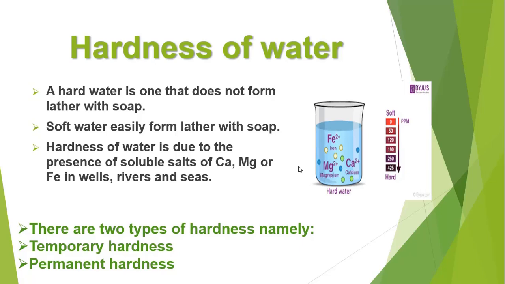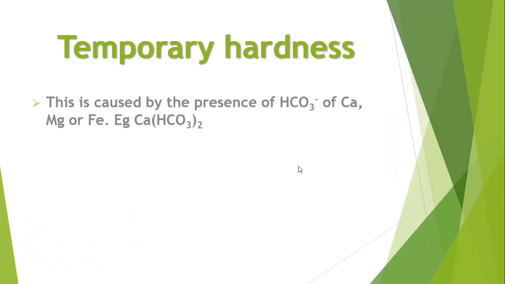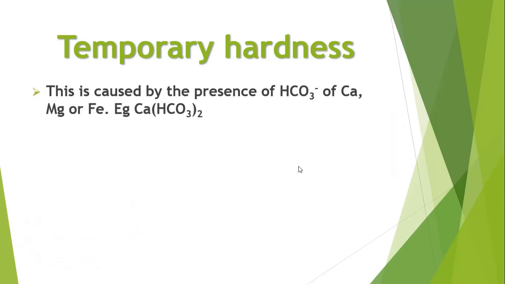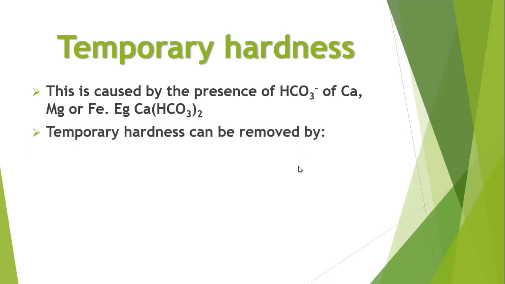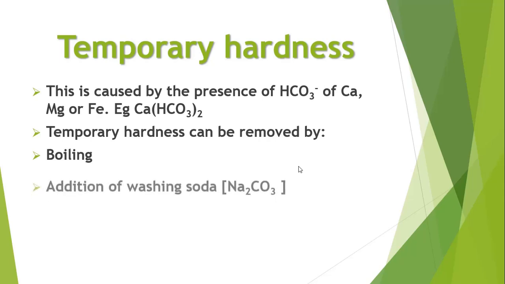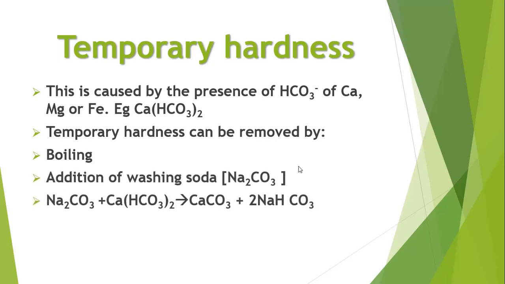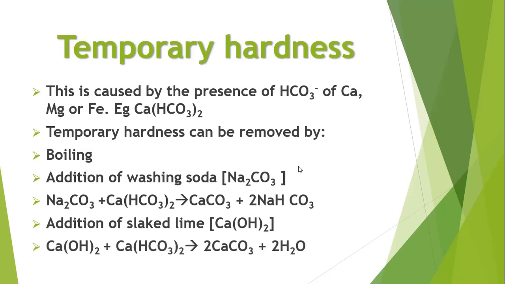Now, there are two different types of hardness. We have the temporary hardness and the permanent hardness. The temporary hardness is caused by the presence of hydrogen trioxocarbonate (IV) of either calcium, magnesium, or iron. An example of this salt is calcium hydrogen trioxocarbonate (IV). And how can this temporary hardness be removed? It can be removed by boiling, by addition of washing soda, and by addition of slaked lime,